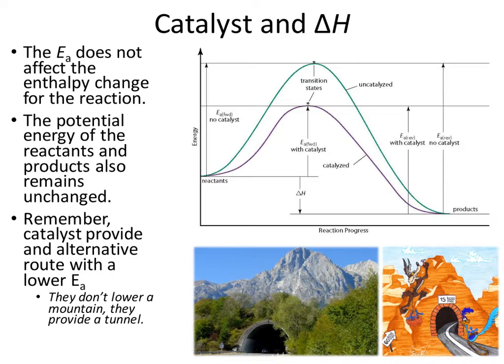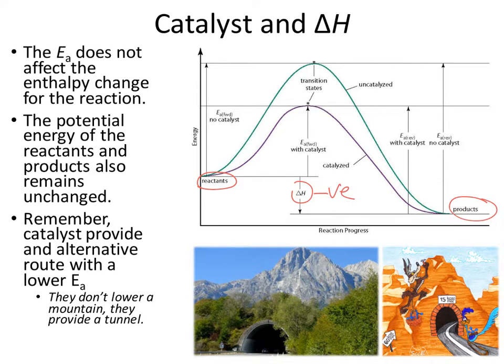So having a catalyst doesn't actually change the enthalpy of a reaction. Remember that the enthalpy is a state function. What that means is that it only depends on the initial and the final conditions. And so if it's going to be an endothermic reaction, it will constantly be an endothermic reaction. In this case, our delta H would be negative because our products are lower than our initial reactants in terms